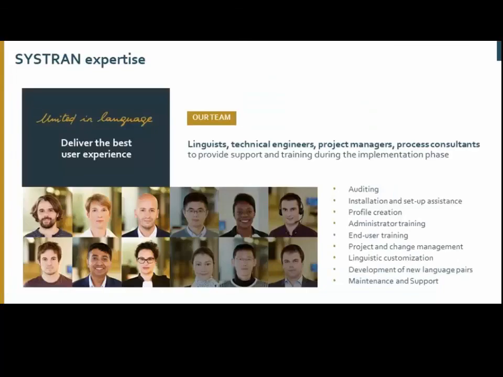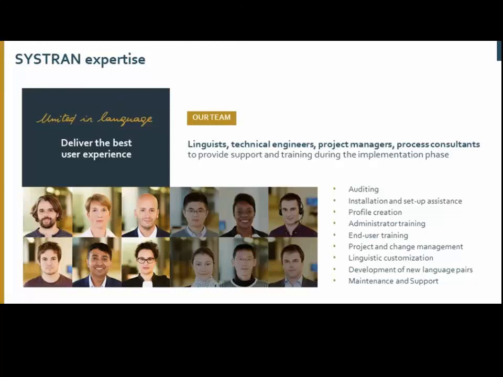And what is very important at SYSTRAN is that we really have this double expertise. A technological one: as I said before, we are really research oriented, we invest a lot in research and development. But we also have many people who love languages first, and so we are very involved in the evolution of this technology, and they bring their knowledge around linguistic aspects, which is quite complex, believe me.